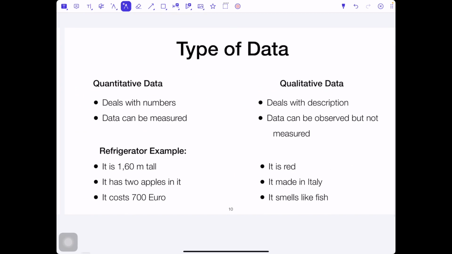Good. Let's go to the next step. Types of data. Which types of data could we have? We could have quantitative data. Quantitative data is very easy. Everything that deals with numbers. We have the numbers, this is the quantitative data. But we could also have qualitative data. This data deals with descriptions.